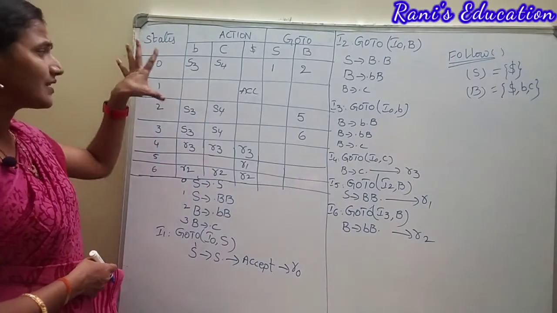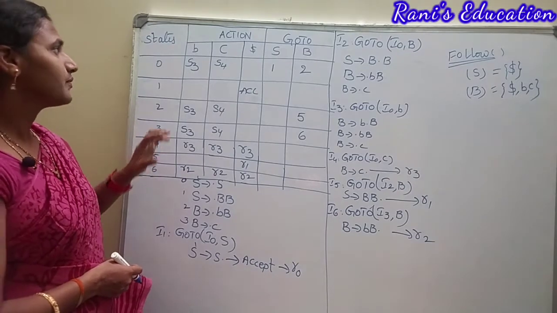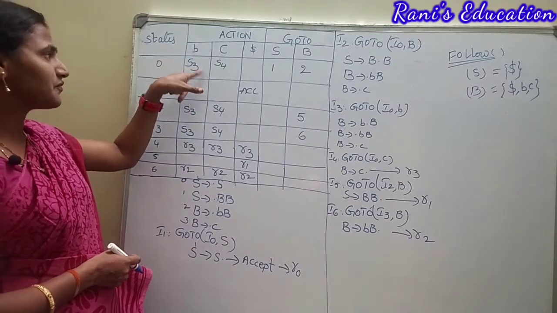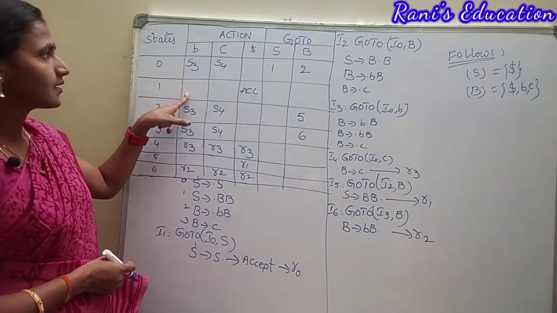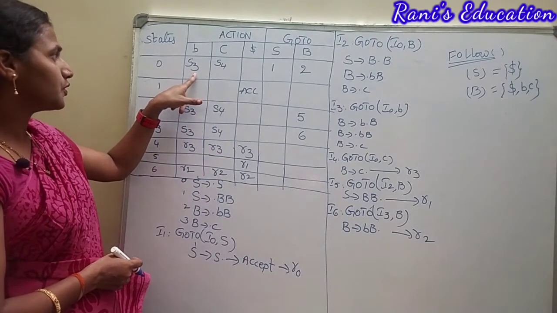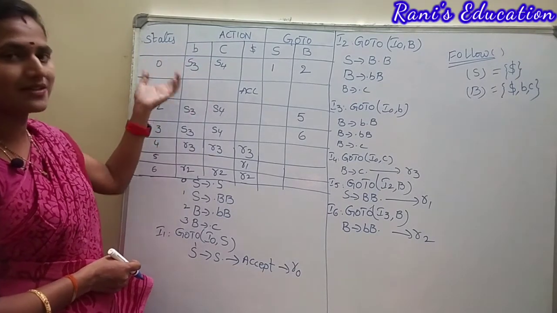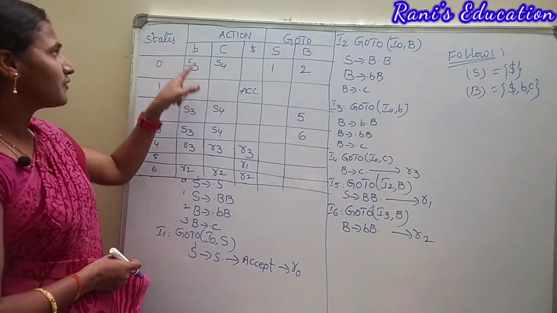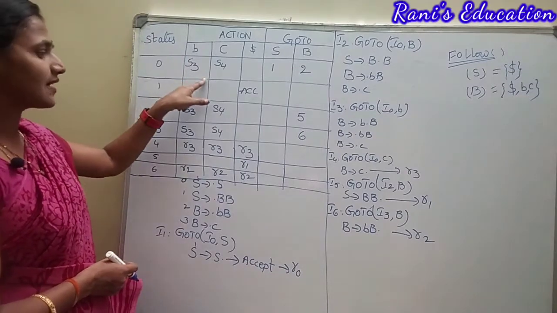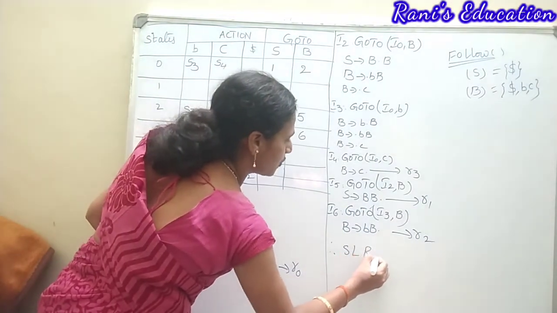Now we need to check whether this grammar is SLR1 or not. How do we check? Now you can see in the parsing table, do we get more than one action for the same terminal? See in this parsing table. Yes or no? Do we get such type of actions? More than one action for the same terminal? No, we didn't get such type of actions. That's why for each and every terminal there is exactly one action. Therefore the given grammar is SLR1.